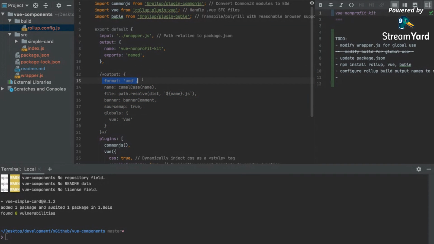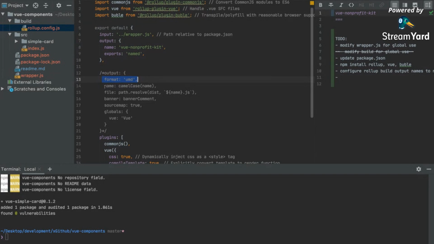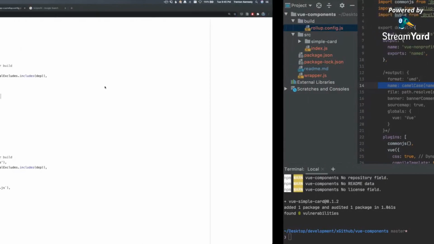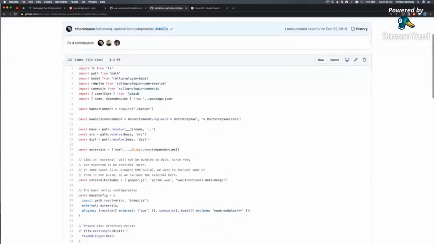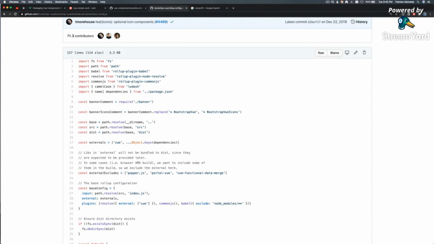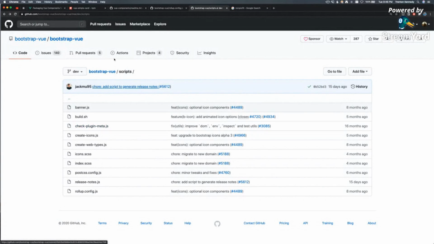So format UMD, is there a reason we want to declare that? I think we should just keep what we have. Just use ours for now, not get into their stuff yet, because they have a way more difficult configuration than we need. Right. Or that we understand yet, you know. Eventually ours will get more and more, it'll get fancier like this, but